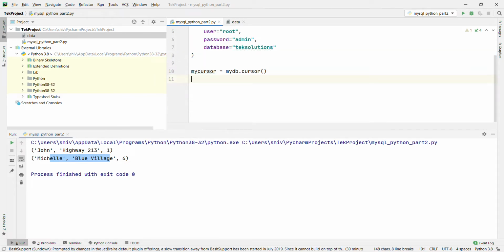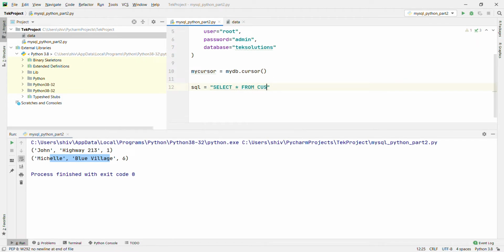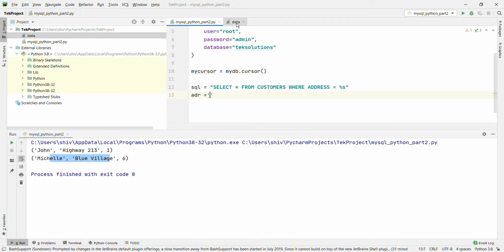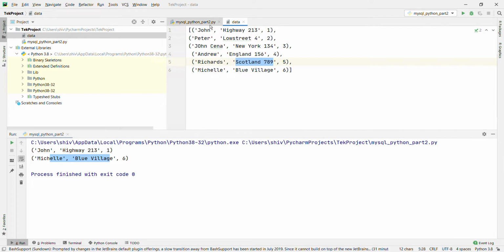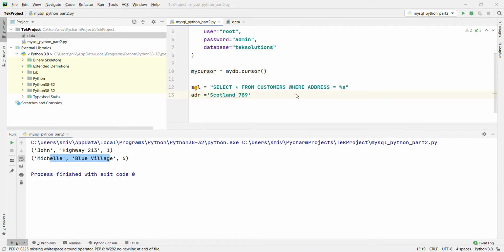Let's remove all of them. SQL equal to select star from customers where address equal to percent s, and the address is going to be Scotland 789, and a comma.